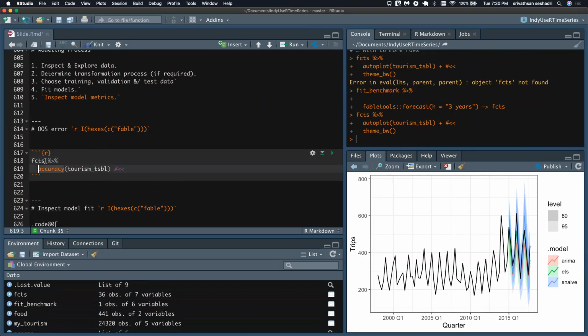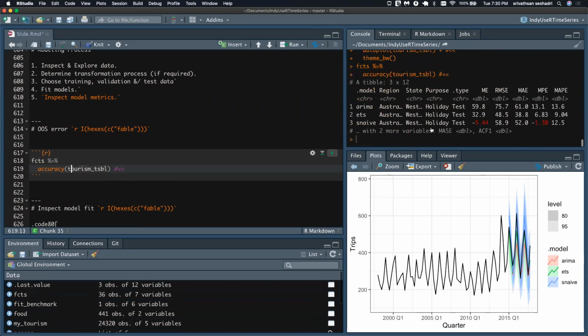accuracy function. You pass the forecast into an accuracy function and pass in the entire symbol. Watch what happens. It automatically figured out which is the test set, which is this region right here. It figured out this is the region. It automatically gave you all the different metrics like mean error, RMSE, MAE, mean absolute error, MAPE, all the good stuff. And this probably will remind you of the Broom package, where Broom kind of puts together all the model results this way.